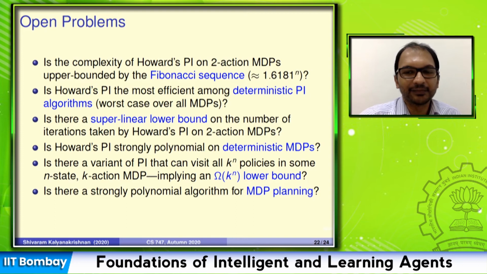If we take MDP planning as a problem, the question is, is there any algorithm that can give us a strongly polynomial bound for MDP planning? Which means given an n-state k-action MDP, the number of arithmetic operations you'll perform to give the optimal policy is polynomial in n and k. See, the best bounds we have right now are ones coming through that linear programming route. They are sub-exponential. They're like e to the square root of n, right? They're not exponential, but they're not polynomial yet. Polynomial is smaller than sub-exponential of that form. So this question is open, right?